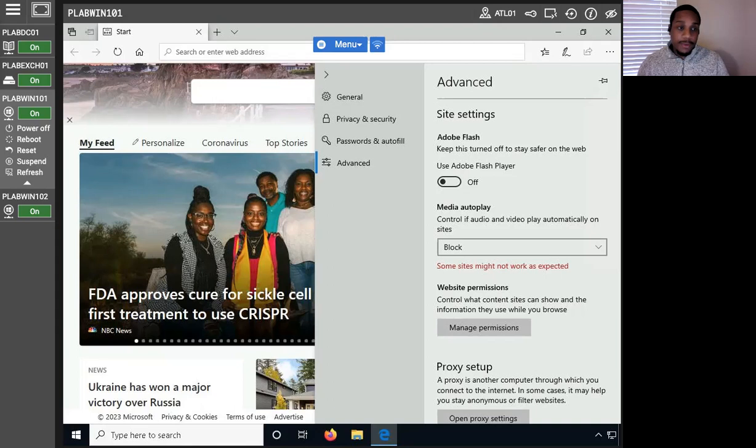So now that we've completed this, I've demonstrated how to configure a web browser, right? We went over configuring web browser security, and we also did so across multiple platforms, Mozilla Firefox, Microsoft Edge, and Google Chrome, on the best ways to make your browsing experience a bit safer, right? And that'll be the